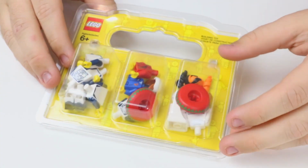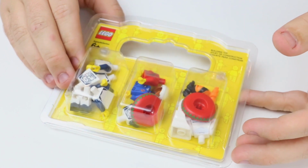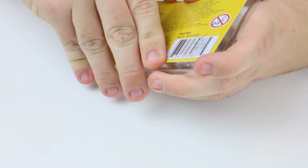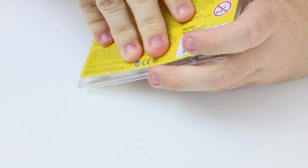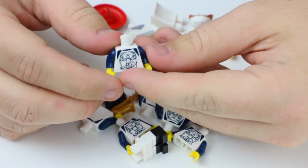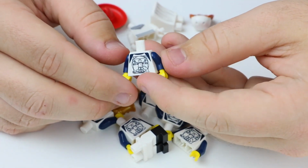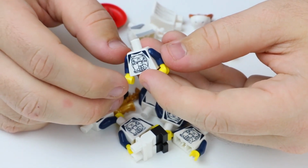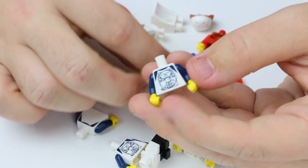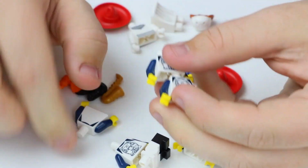And finally, last but not least here, we have pack number 5. Very excited for some of the parts in this as well, so I'll just quickly open this up so we can get through the rest of this video. First things first, one thing I'm actually really excited about is I love this torso. I think it's so cool, the minifigure print there, and when I saw this, I've never really seen this before, no idea what set or anything this comes in, but I just thought it was pretty incredible,